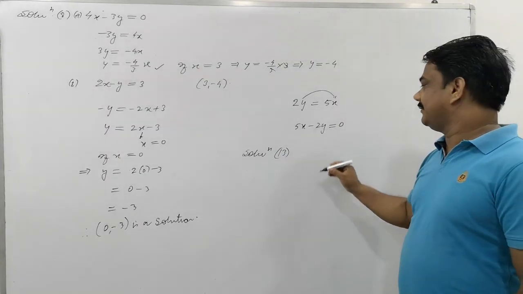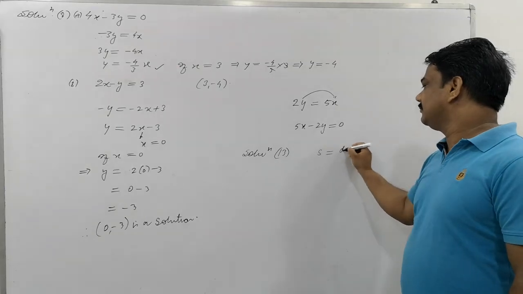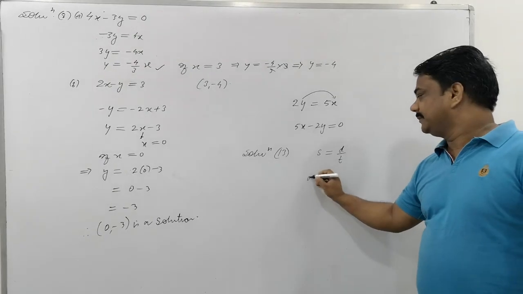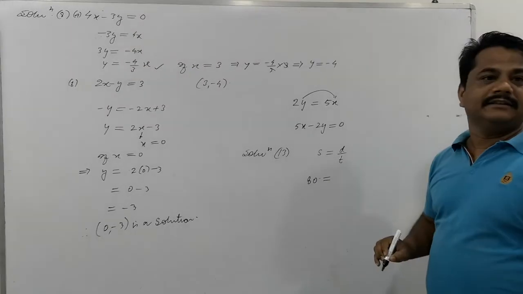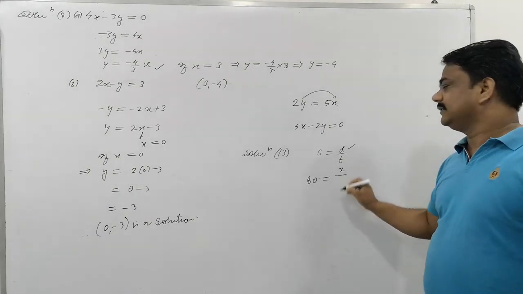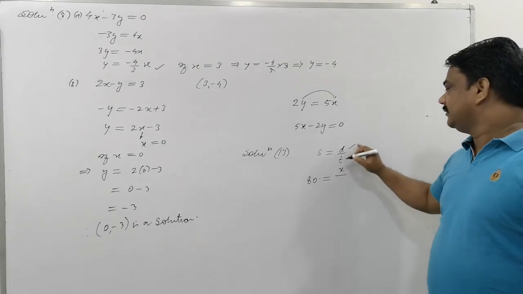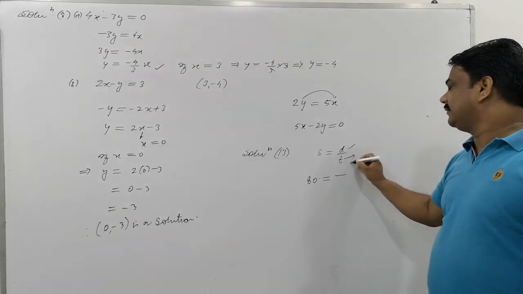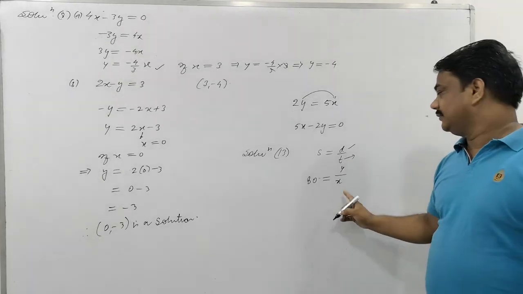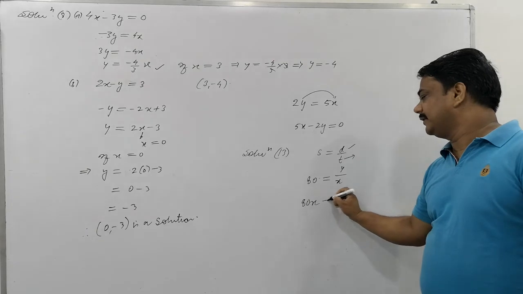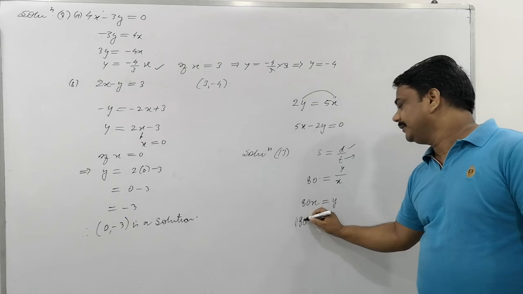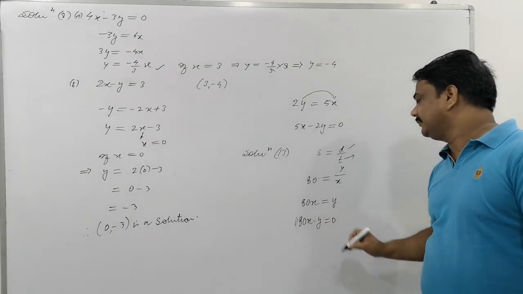Okay, Ramesh is driving. Do you know the formula? Speed is equal to distance upon time. Speed is given here, 80. The distance is not given, so it can be written as y. And the time here is independent, so take time as x and distance as y. Transfer to the left side: 80x minus y is equal to 0.